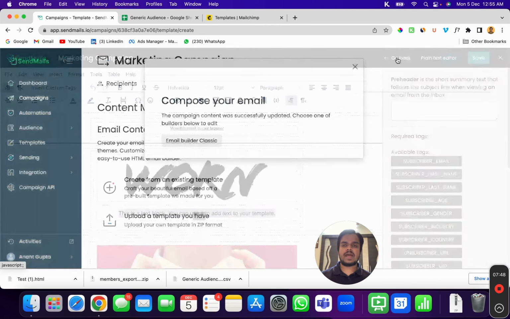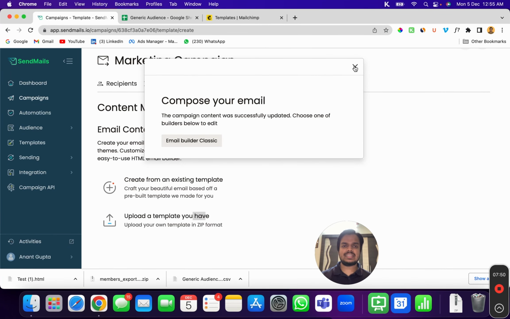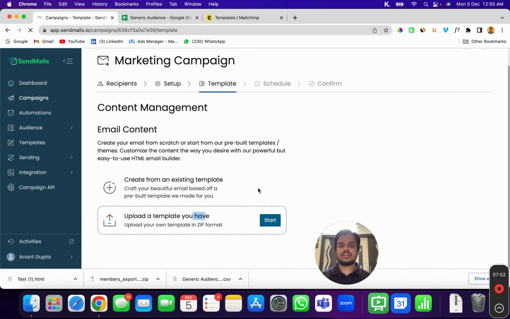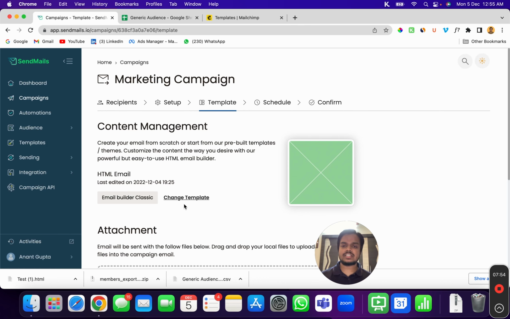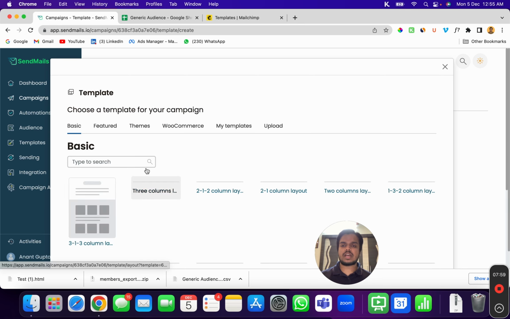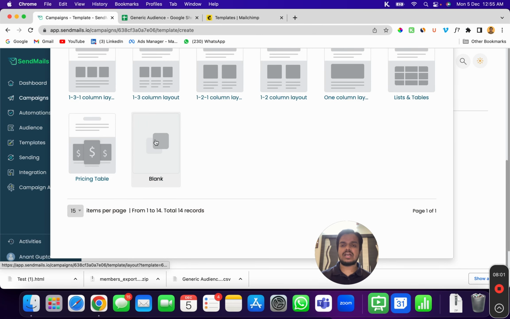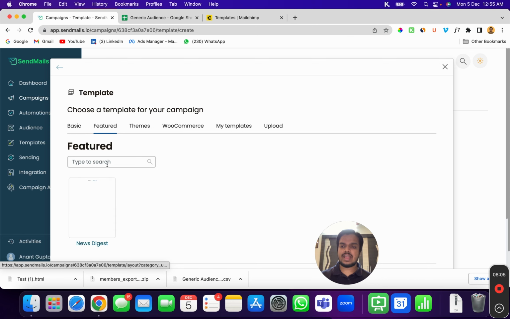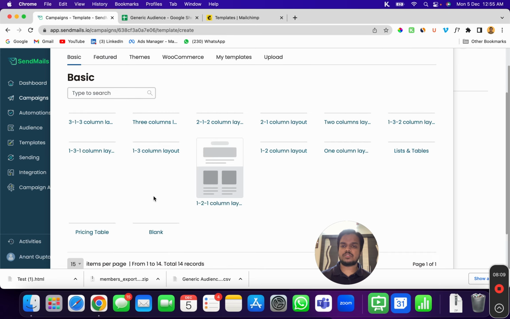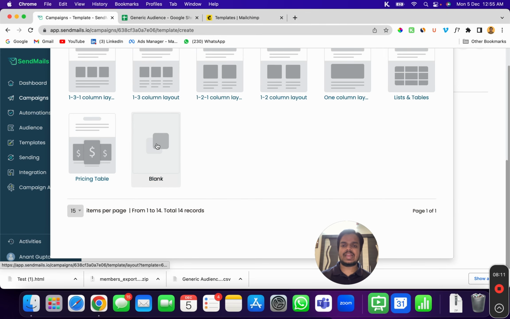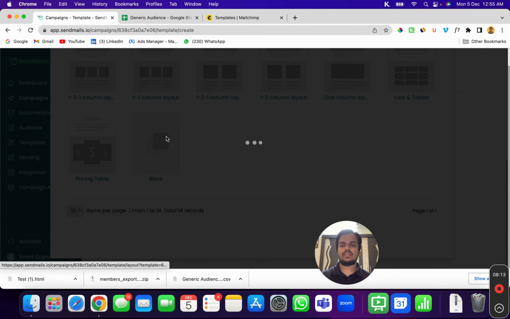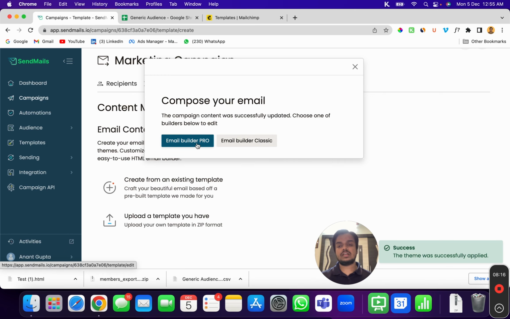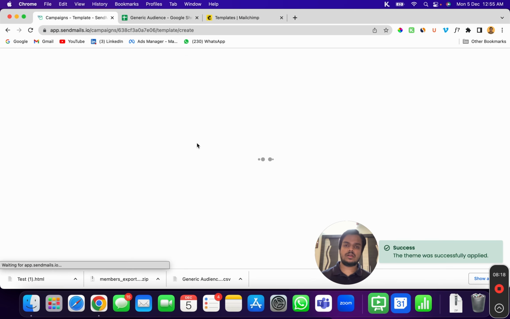Now, going back, if I don't want to use the existing email template and I want to create everything from scratch, I can also do that. So I'll click on change template and start from scratch. Now I want to choose a blank template, although I have a bunch of other options as well. I can choose from the news digest, themes, WooCommerce, and bunch of other options, but I will just choose the blank template so that I can quickly show you how that works. So I'll choose the Email Builder Pro,